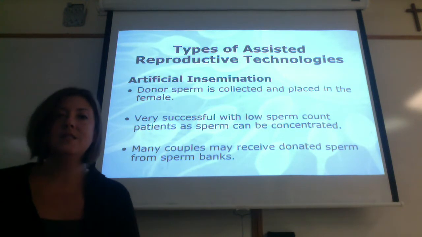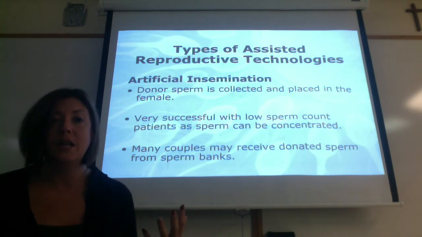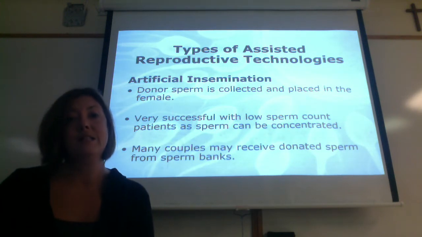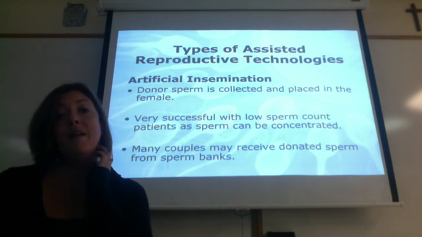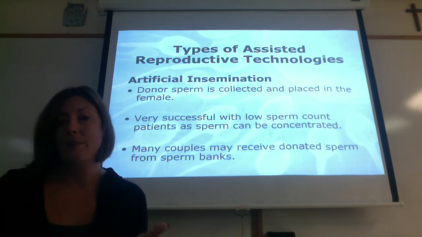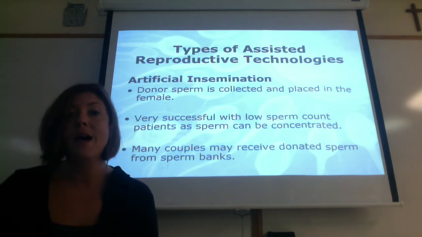One of the ways that they'll do this is artificial insemination, where they'll take donor sperm and collect it, and they'll be able to concentrate it, which is very helpful if we have a low sperm count, and then they'll pull it and paste it back into the female. If the male has a very low sperm count or is unable to give a viable sperm, for example, perhaps he's had testicular cancer or had his testes removed or had undergone chemotherapy, you can get donated